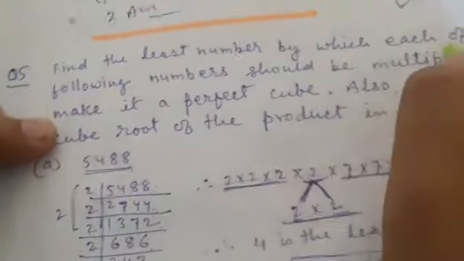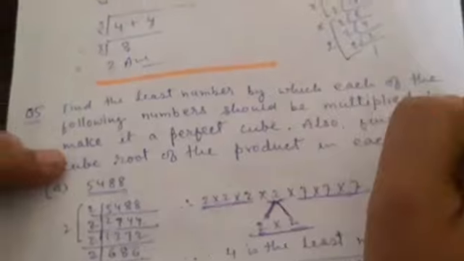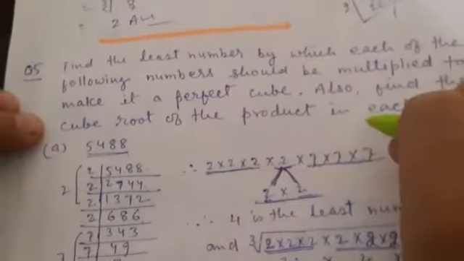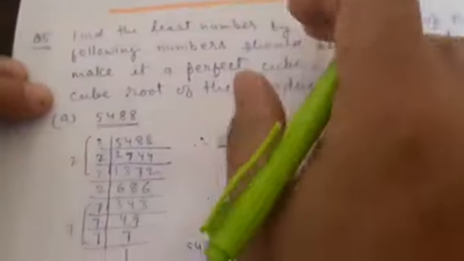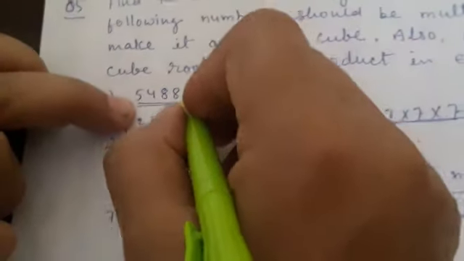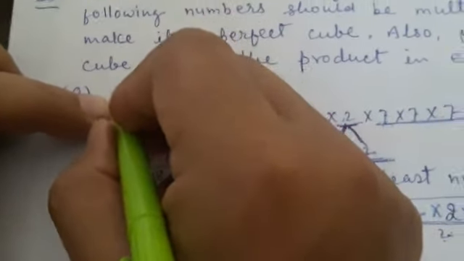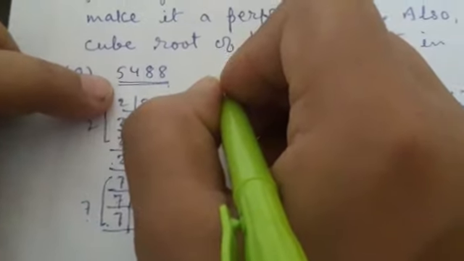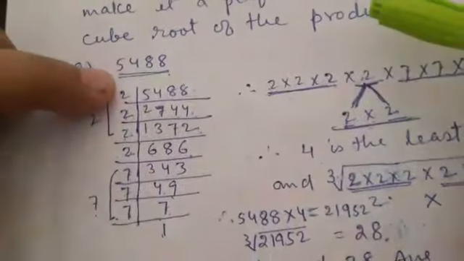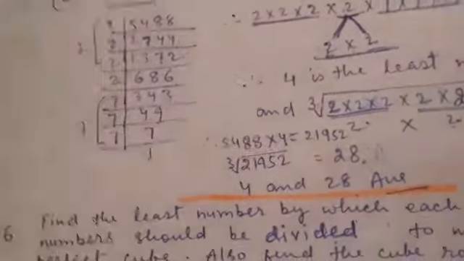Now the next question, it is a very important question. Find the least number by which each of the following numbers should be multiplied to make it a perfect cube. Also find the cube root of the product in each case. In this question there are 2 parts. First we have to find the least number by which we multiply 5488 so that it will become a perfect cube. And the second part is what will be the cube root of that number after multiplying. So let us find out